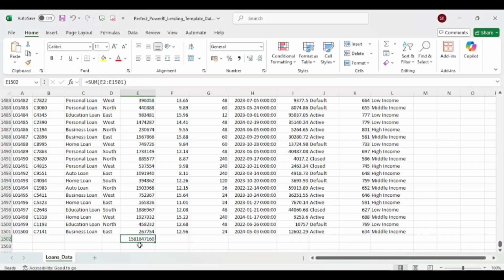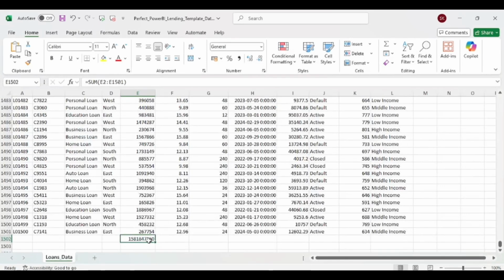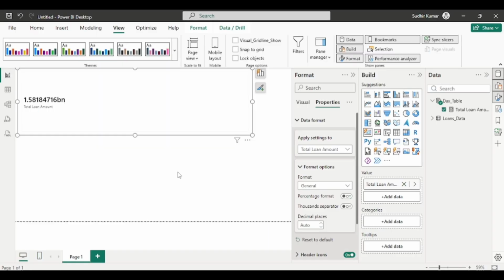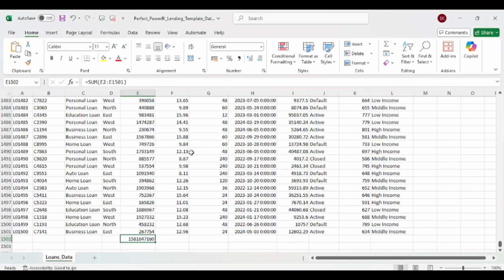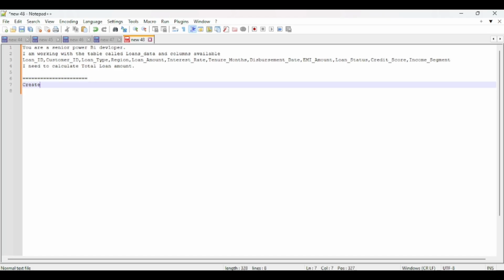Okay, so 1.58 1847 1616, right? So it is matching, right? It is matching. So the data is correct. Now we have to write another prompt. So I want to create the DAX measure